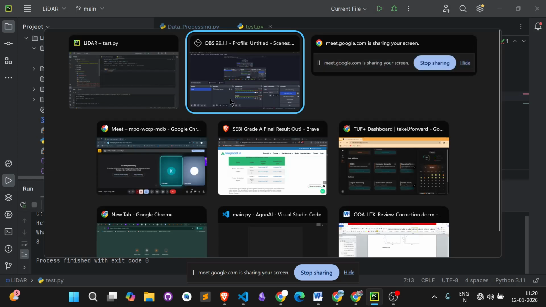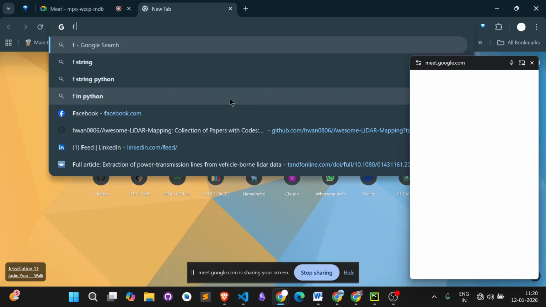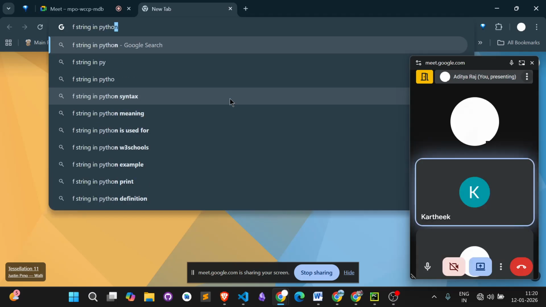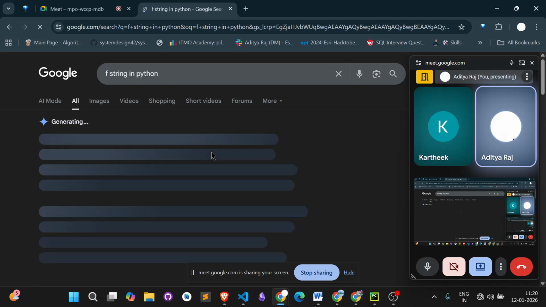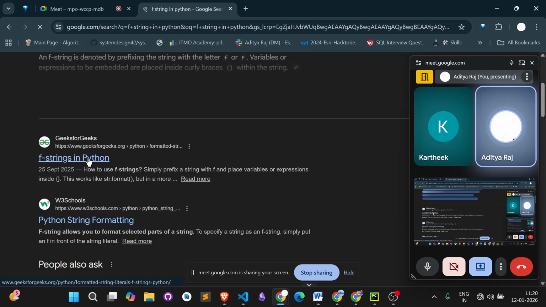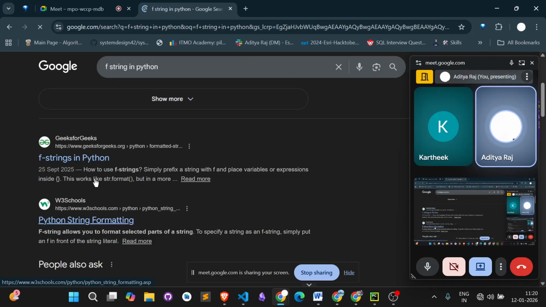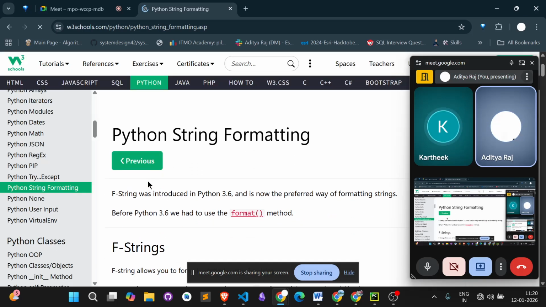f-string, I am showing you what it is. f-string in Python. If you are stuck at any point, you can simply refer to this documentation. W3Schools and GeeksforGeeks have very good documentation for Python also. So you can see here,